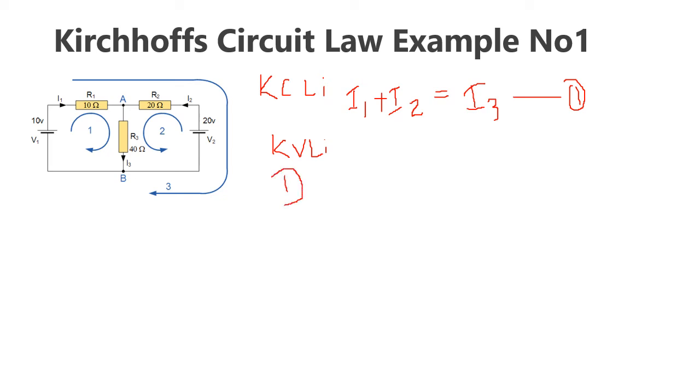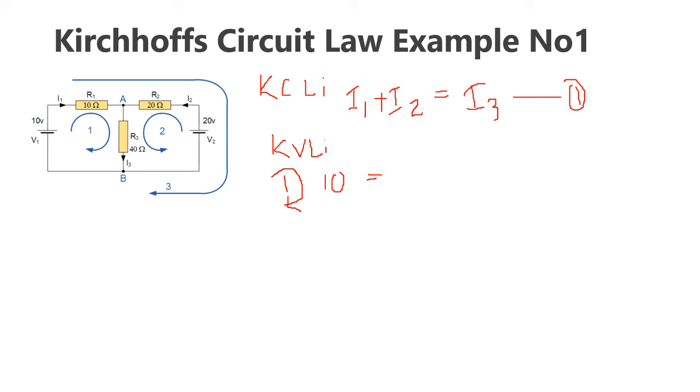Loop A is in the clockwise direction. For that, there is only one voltage source, one battery. The 10 volt source is connected in the same direction as the loop direction, therefore that will become plus. So plus 10 volts, and there are no other voltage sources. So 10 volts equals,